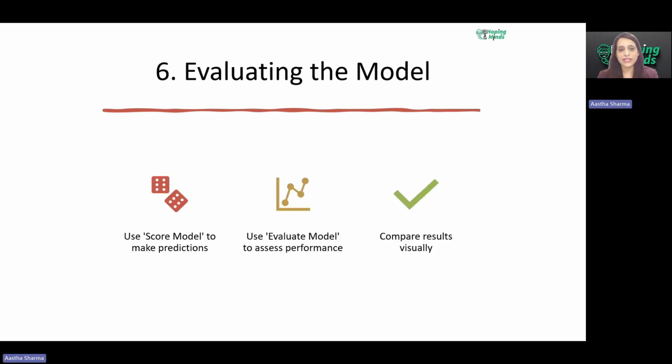Moving ahead, it's like evaluating the model. Now we have done the testing and the training part. Now is the time to test the data, how well your model performs. And basically, you are going to use score model to predict prices on the test data, right? And you are going to take the evaluate model, which we have done in today's class. We have evaluated the model to see the performance using R square, MAE, and RMSE. These metrics help us understand accuracy and identify if the model needs improvement, or is it okay? Is it providing the better outcome or not?